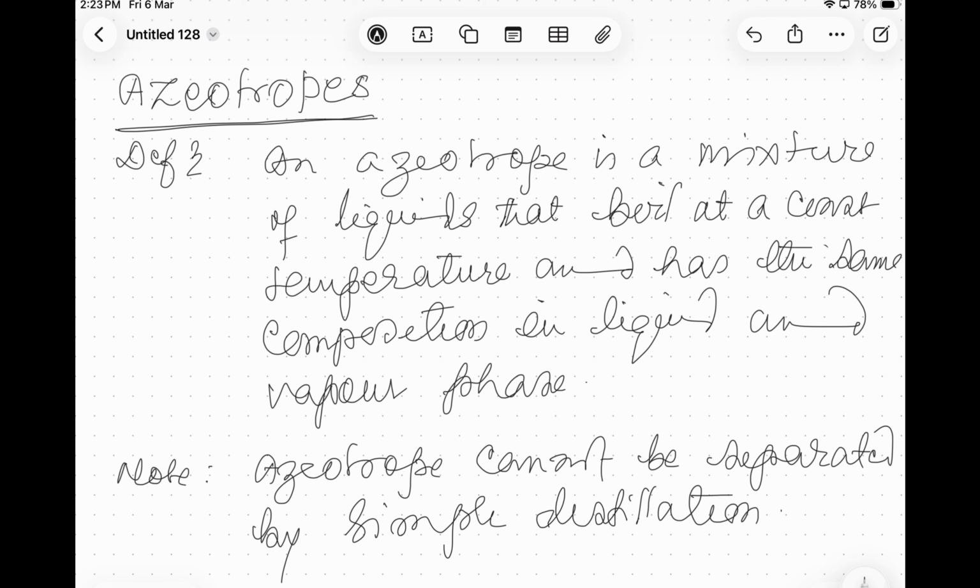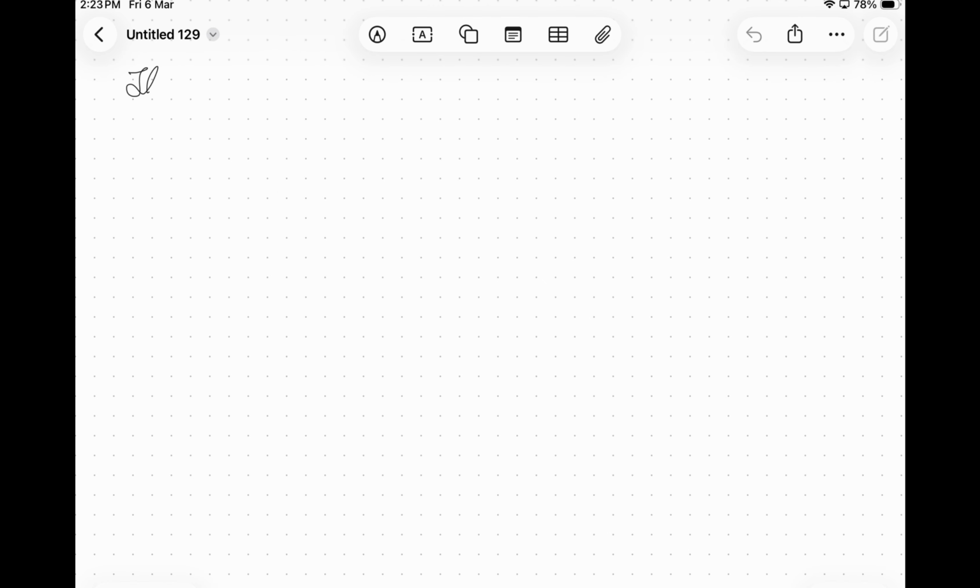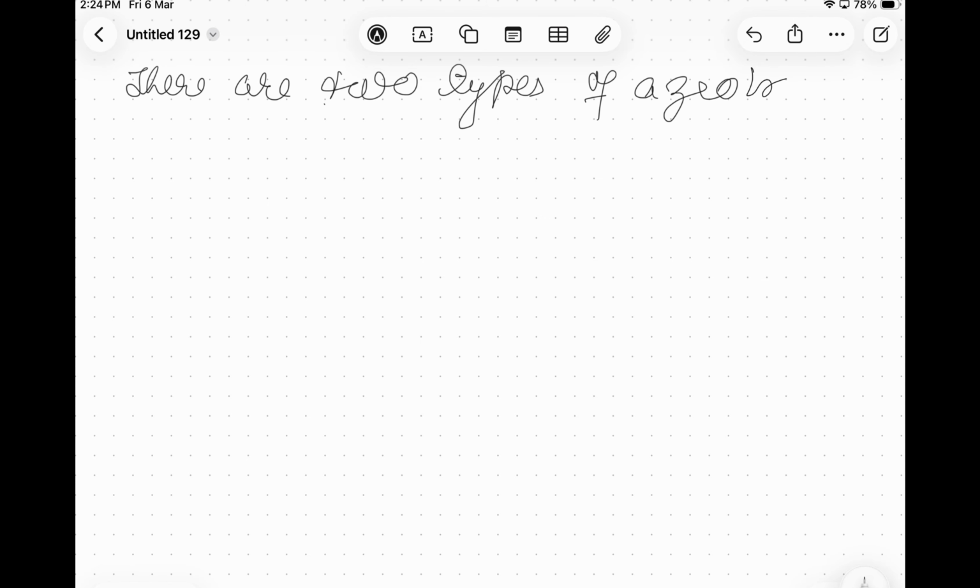There are two types of azeotropes. Number one,